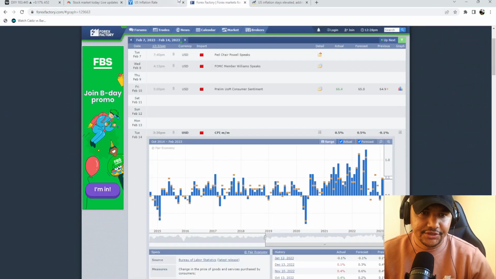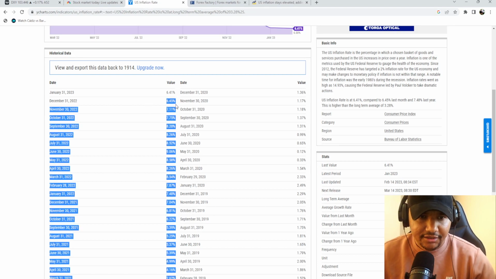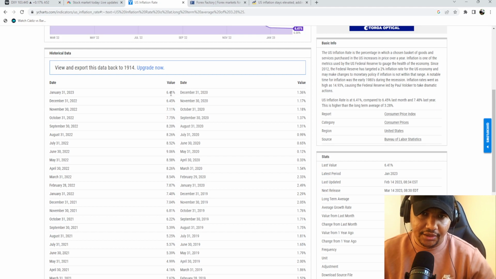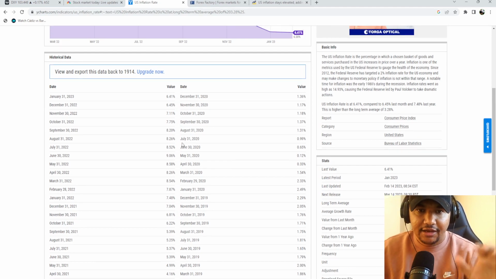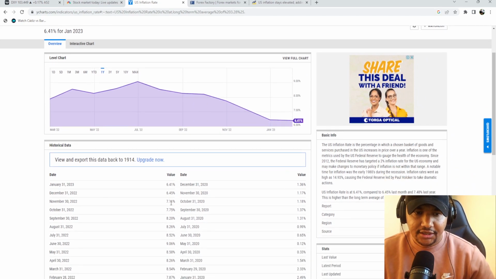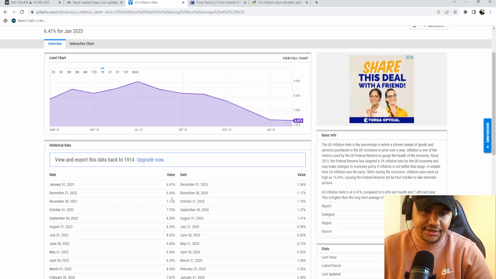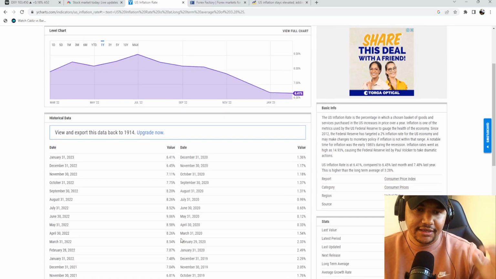I don't want to confuse anybody over here, but here you can see we basically went from a 7.75 to 7.11 to 6.45. Now you can see the jumps in between from October into November into December, and now the jump between December and January was not sufficient enough. Because of that, the Fed was obviously able to hike interest rates softer than before. Why? Because of the gap or the jump in the inflation that the market had come through.